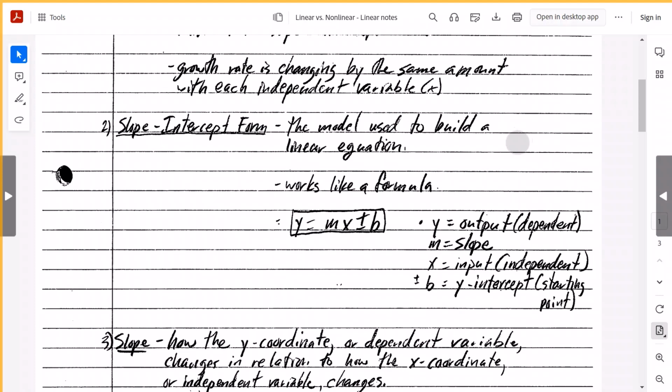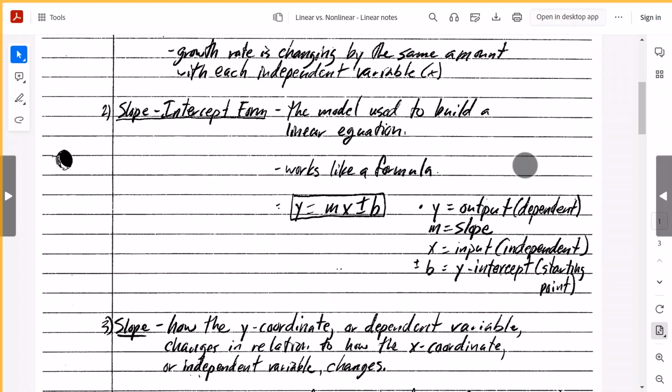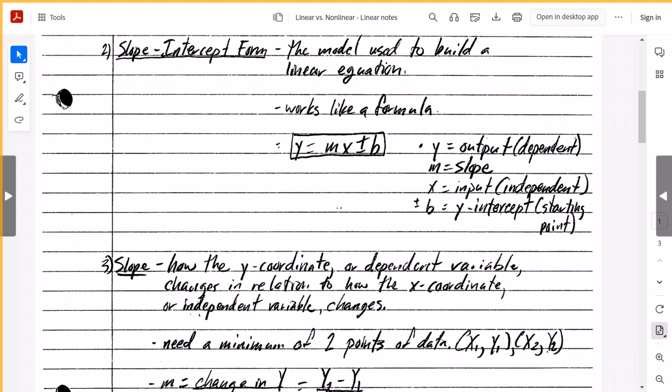Slope-intercept form is the model used to build a linear equation. It works like a formula, and here it is. Y equals mx, which means m times x, plus or minus b. Each one of those four variables represents something. Y is your output or your dependent variable. You cannot find y unless you do all this other stuff to x, which is your input or your independent